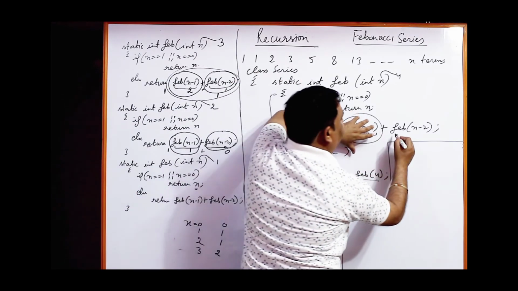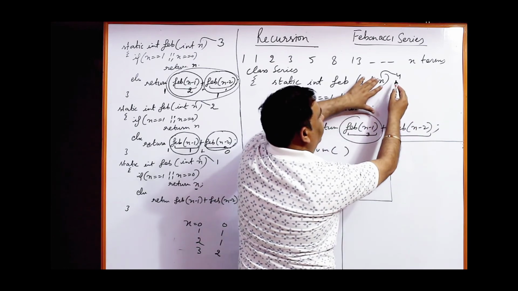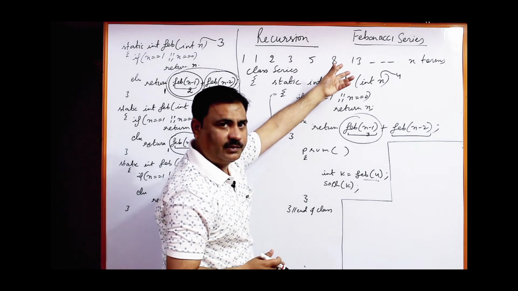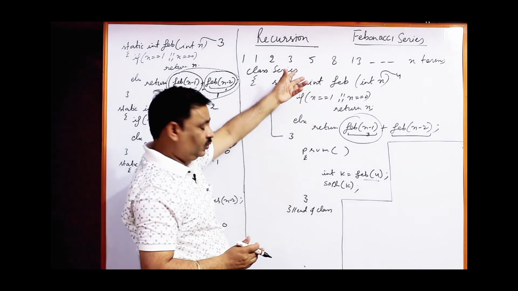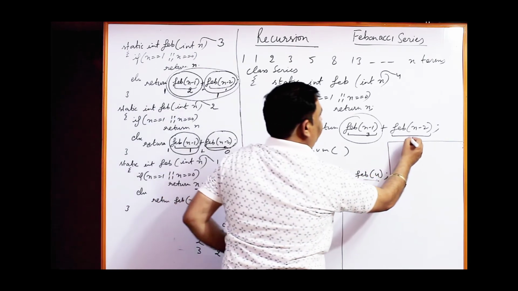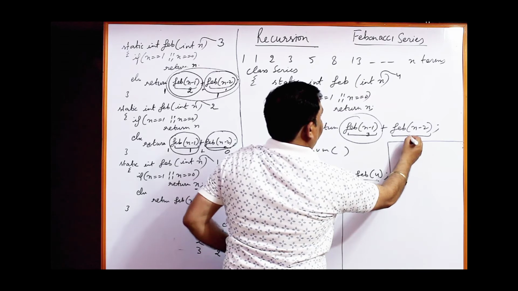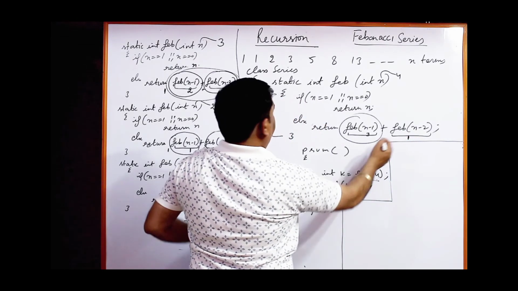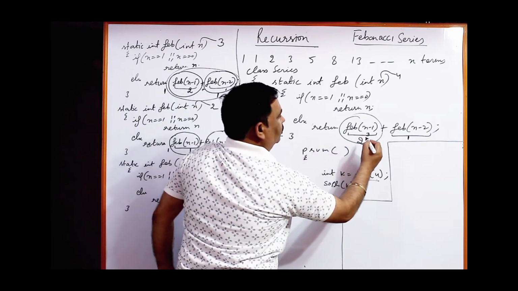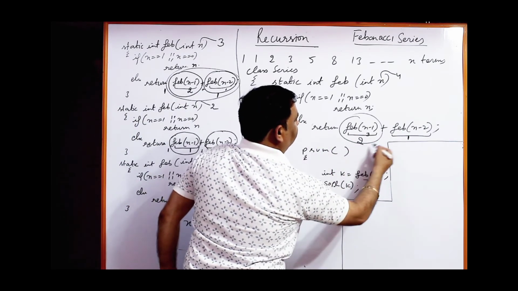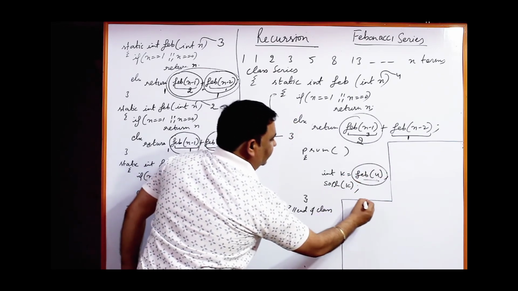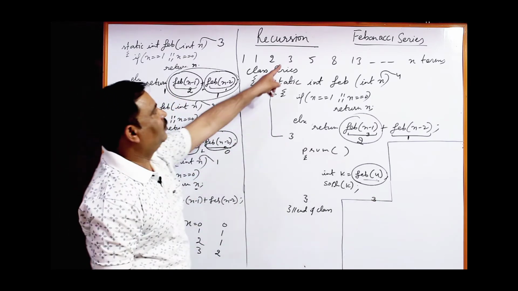Now the turn of this function will come, where n is 4. So 4 minus 2 is 2. Now 2 will be passed to the next memory block. So when we pass 2, what does it return? 1. So here you will get 1. But when we are passing 3, what are we getting? We are getting 2. So 2 plus 1, 3. So finally 3 will be returned back to this function. K will become 3 and 3 will be printed here. And 3 printed means the fourth term is 3.